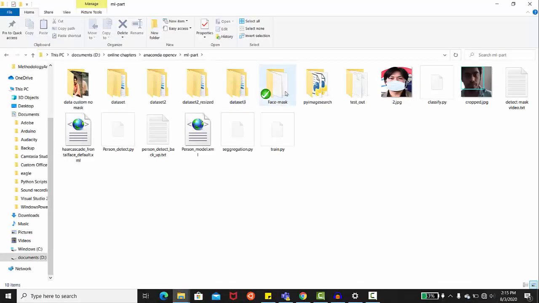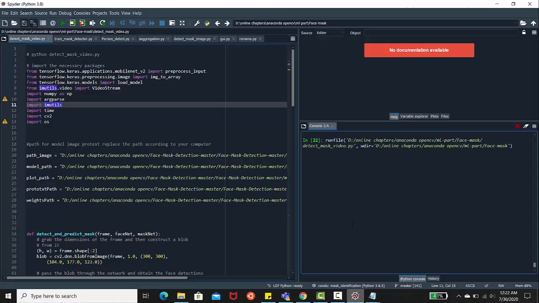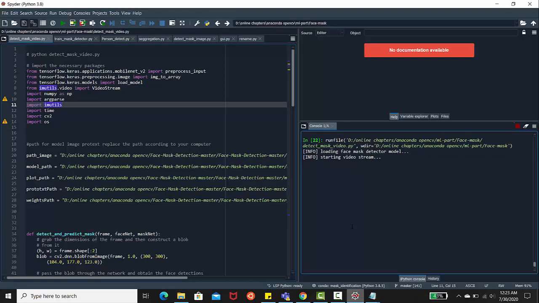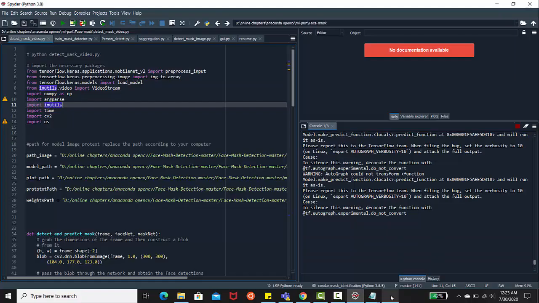So far we have finished our training, and you can see the model.h5 in the directory. So the model has been built properly. You need to use this model in your next program so that you can develop the mask detector. So let's see how to do that. Copy this path of the image and the path of this model, and just replace it in your detect mask.py.